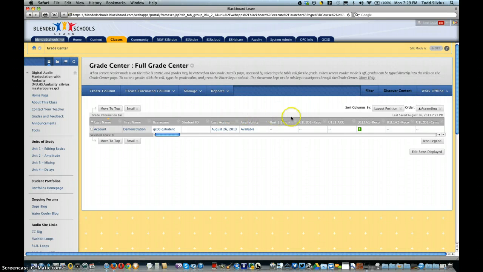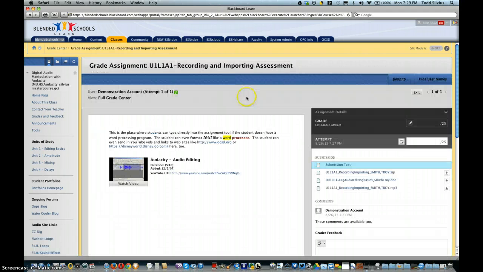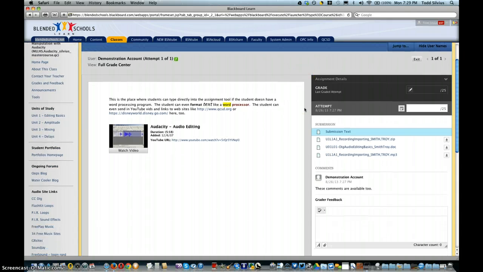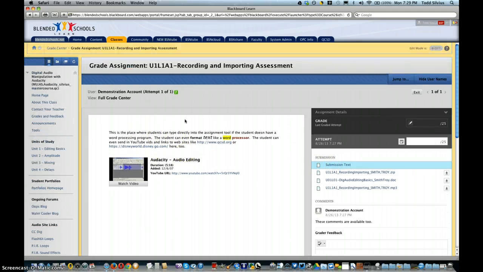You can see the Grade Center, once it's refreshed, looks very familiar. Here's our one student that we have enrolled in this class, and here's a needs grading icon. Let's take a look at this submission attempt here. What you'll notice about this attempt is that this attempt now has a preview screen. So here is that submission text, just like what the student saw, and you can see exactly what was submitted